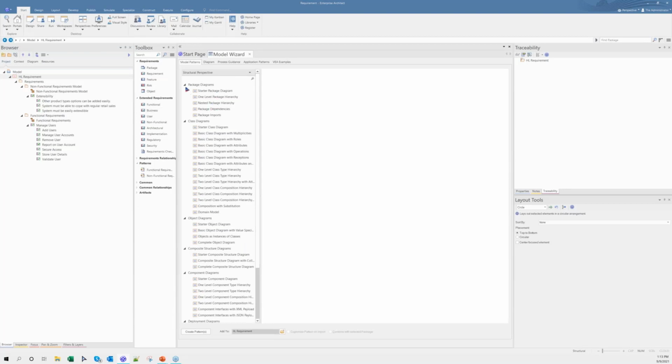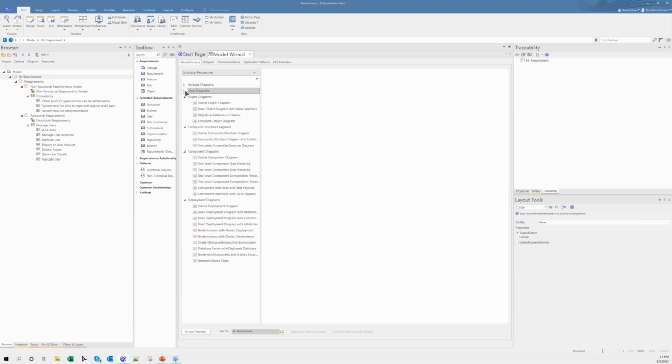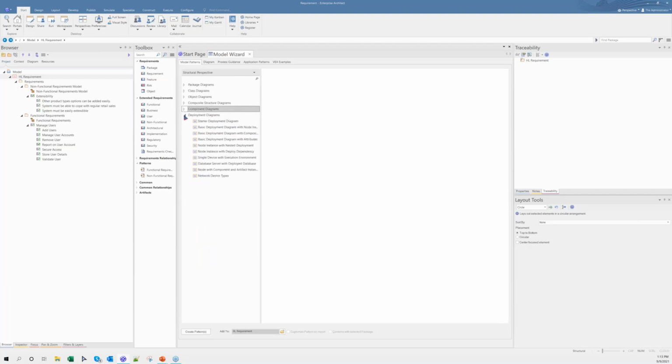EA gives me an option to just select one of the items from the model patterns. These are structural model patterns. And talking about the toolboxes, if I select this hamburger menu, you can see only the structural toolboxes are available.